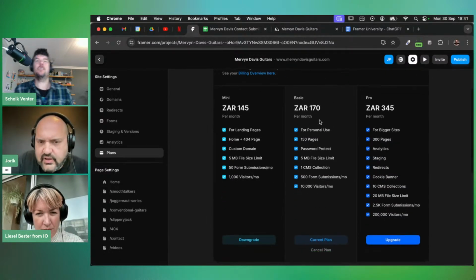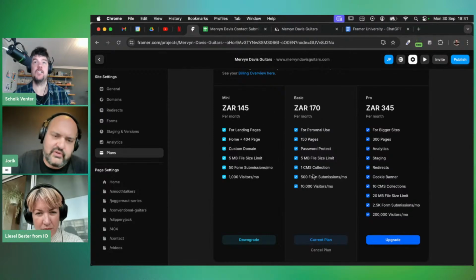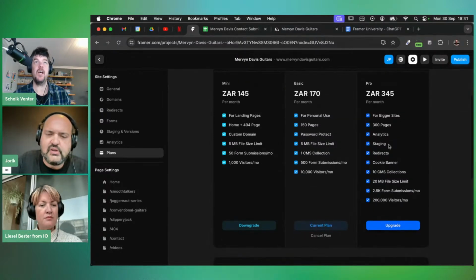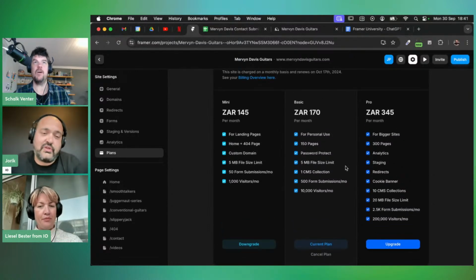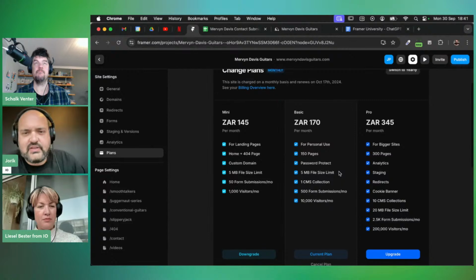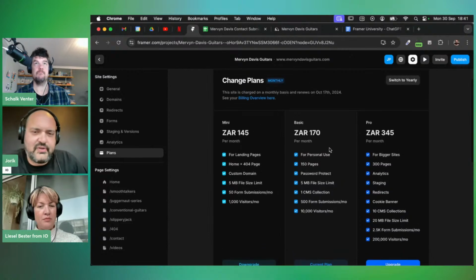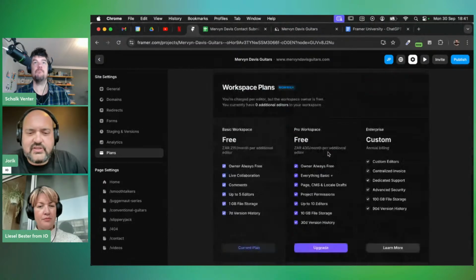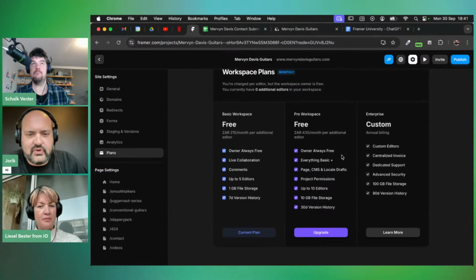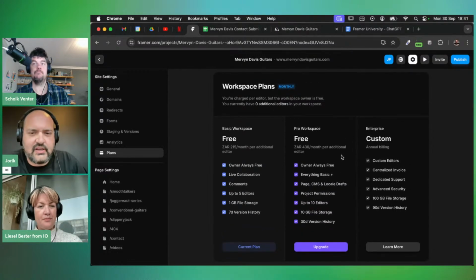So you get 500 form submissions, and the one thing I can say about the 5 megabyte files. Framer's business model is kind of not bad, but as soon as you start collaborating with workspace plans and get additional editors and a lot of people working, if you're one person, it's free,